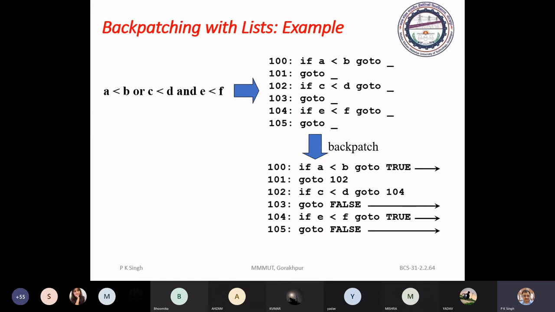Now see how back patching is going to be done. This is an example. If A is less than B, okay, so here if this condition is satisfied, it means your entire statement will become true.